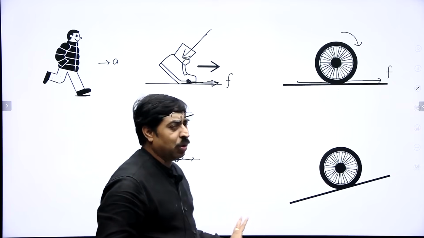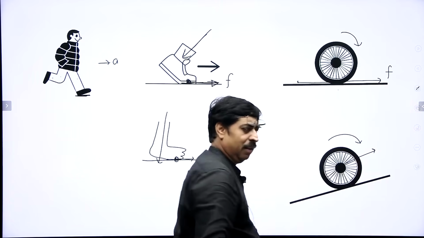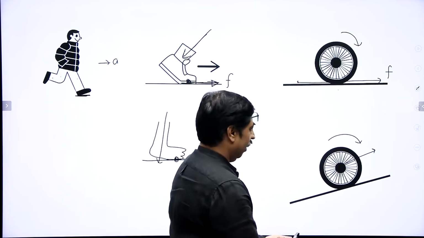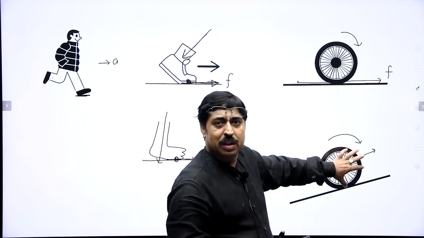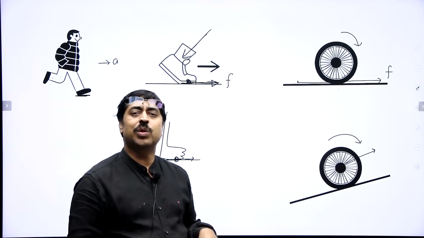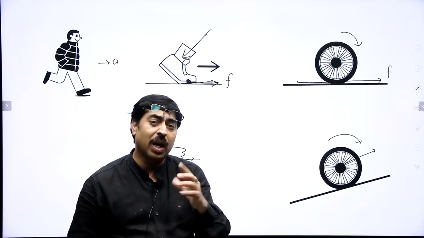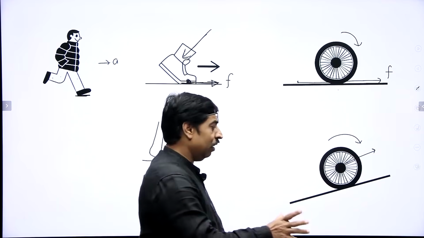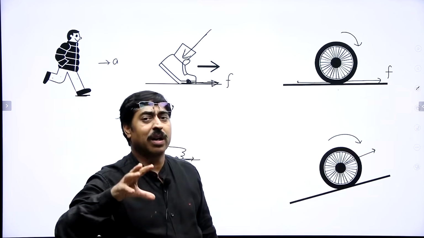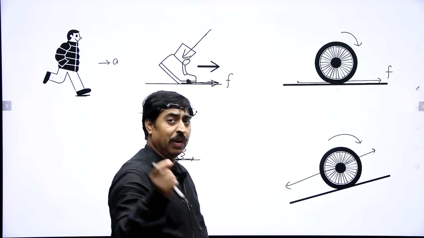Now when this wheel tries to climb up an incline, it is rolling, let us say. Then what happens? I guess most of you know that if you place some object on an inclined surface and there is no friction, there is an mg sin theta force, a component of weight in this direction, which will try to retard it. If the wheel is climbing up, there is a force that is trying to retard it. Now what does that mean? It means if there is no friction, then this translational motion of the wheel is going to get retarded, isn't it? Because of that component of weight acting in this direction. So if the velocity decreases,